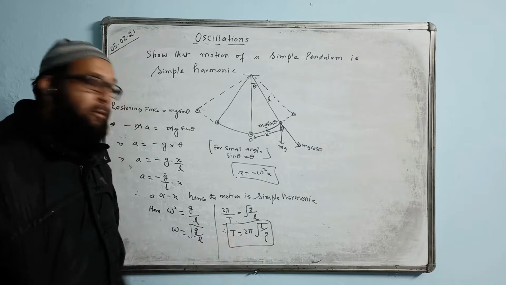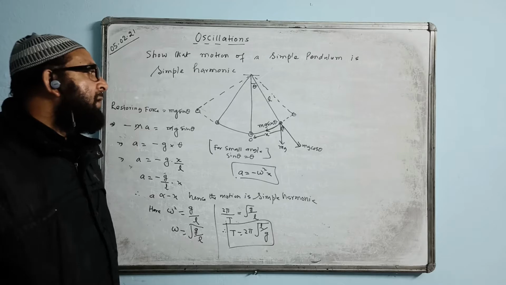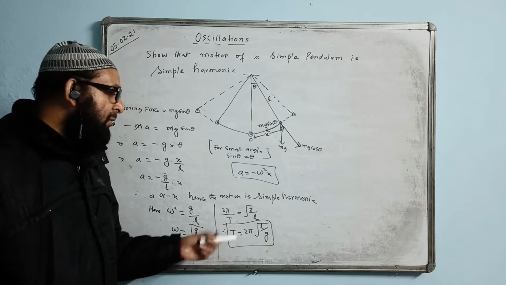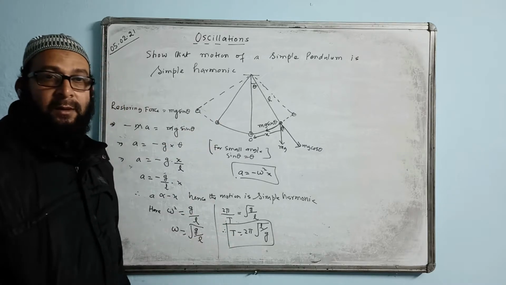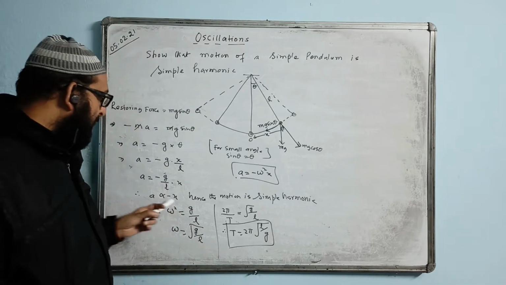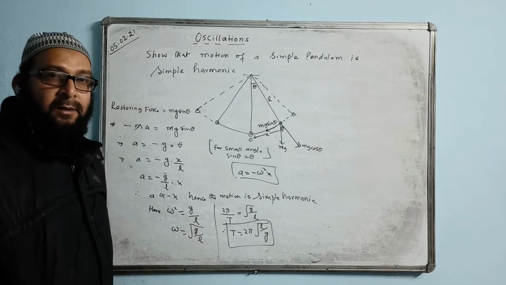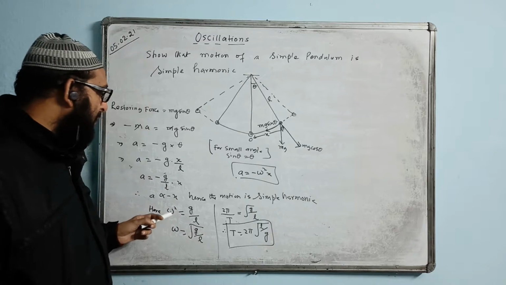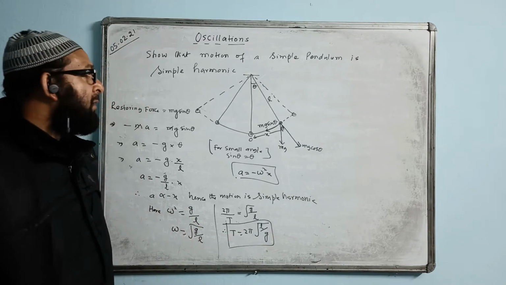We know the value of 2 pi also, this is how the 2 pi comes. Though we can find this expression by the method of dimensions, there we write only k because we don't know the k value. But here we know the exact value of k, that is 2 pi. So this is the way of proving the motion simple harmonic. We have to show a is proportional to minus x, and this is the formula of period of oscillation. T is equal to this value, whatever comes here extra, that will be the value of omega square. From there we can find the time period easily.